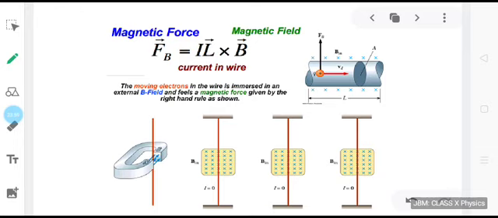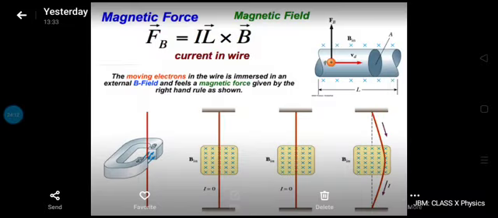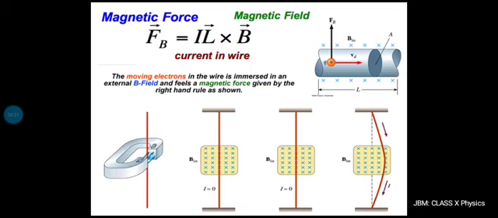So once again you can see, depending on the direction in which current is flowing, how displacement is going to take place. So you can refer to this picture, that depending upon the direction of the current, when current is 0, how there is no displacement, and depending on the direction of current, as soon as current starts flowing through the conductor, how the displacement is taking place.